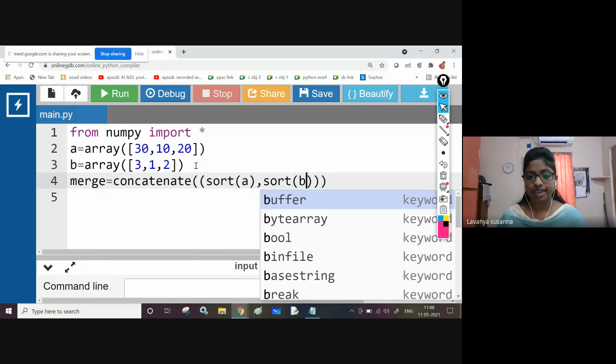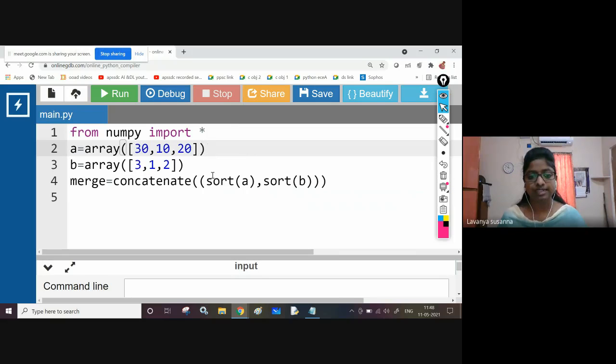I am not using A equal to sort of A, B equal to sort of B, and then concatenate A comma B. Directly within one statement I am giving sorted arrays. Sorted arrays will be concatenated. Inside the open and close brackets, I am passing sort of A comma sort of B. Sorted arrays will be merged.